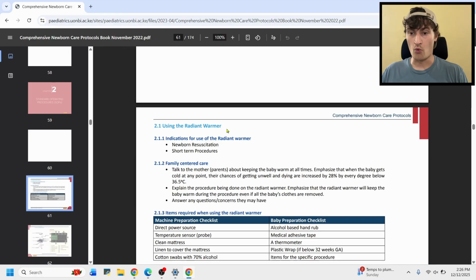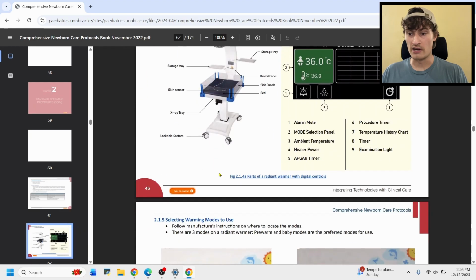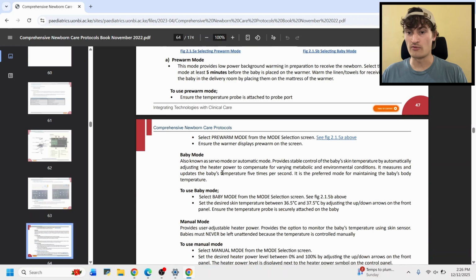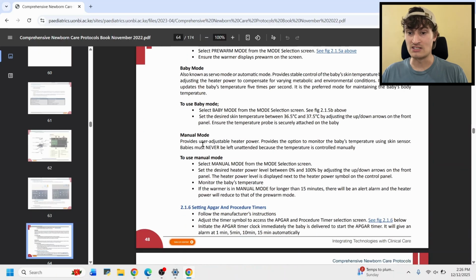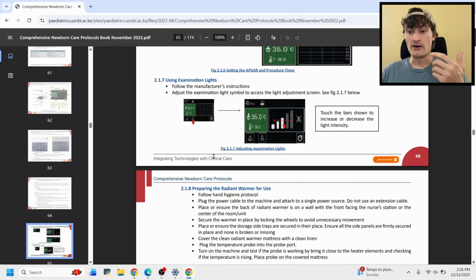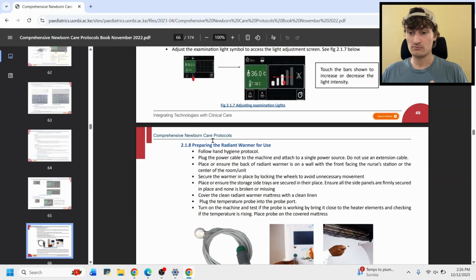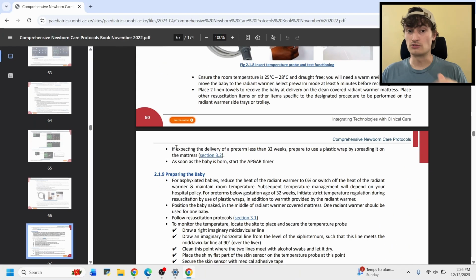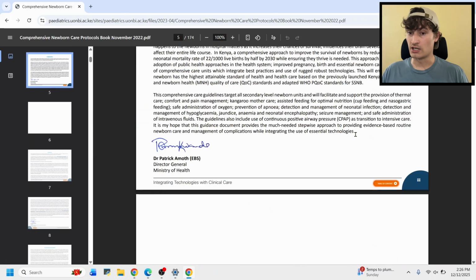And then it's gonna walk us through how to use the radiant warmer. All of this is great information on how to use it. It's the pre-warming mode, it's the baby mode, it's the manual mode. It walks you through the different modes, how to use it, how to turn it on, how to prepare it for use. Great information, okay? Now, if we go back to the table of contents,